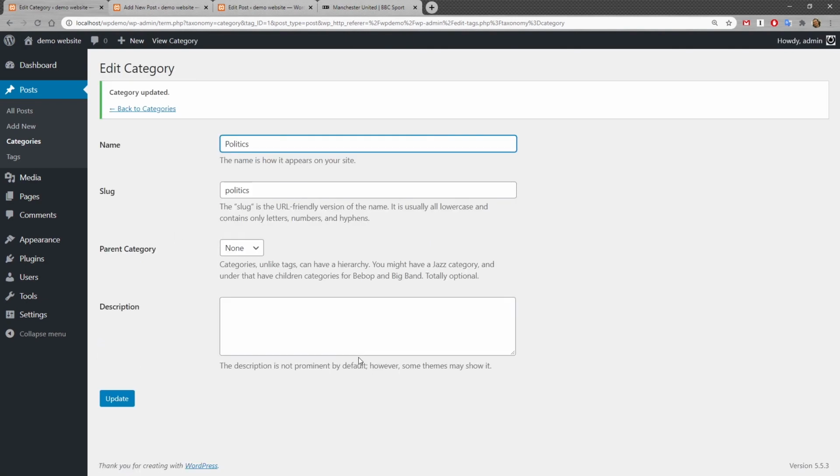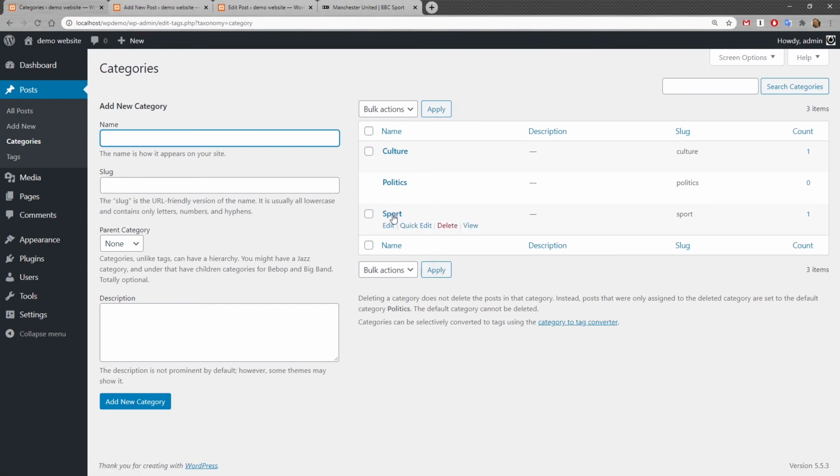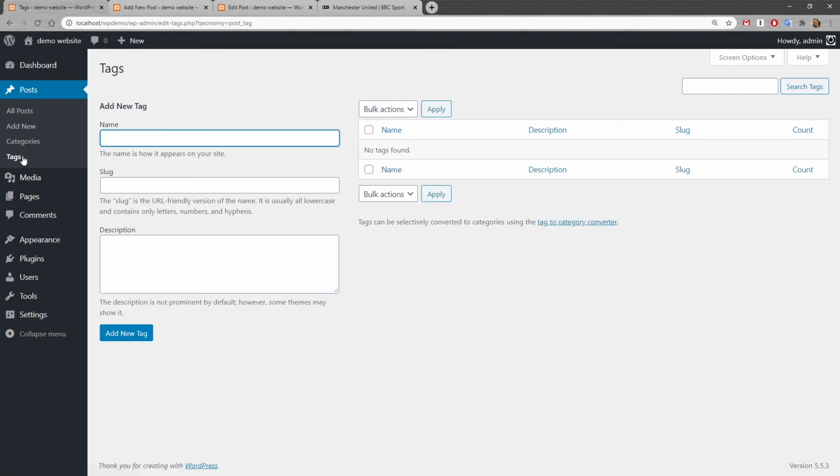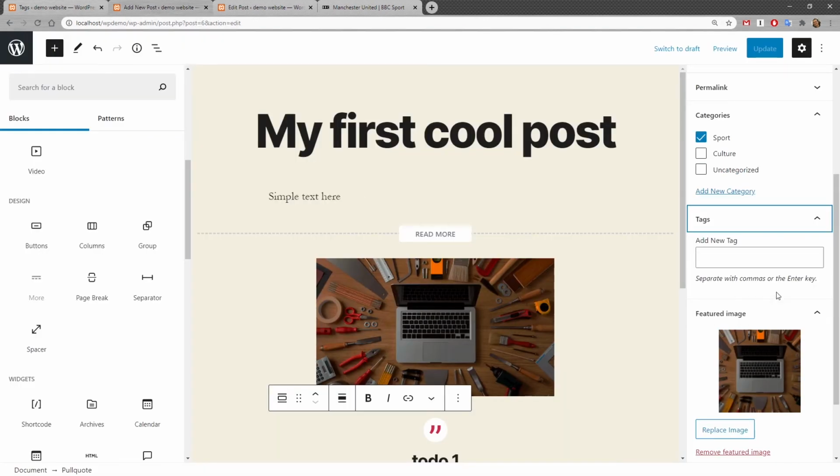And all our posts by default will have this actual category. Not uncategorized, but in my case, politics. Same story with the tags if we use it. Every time we add a new tag, we can find it here. So from here, every tag we should add like this. So first tag, comma, next tag,